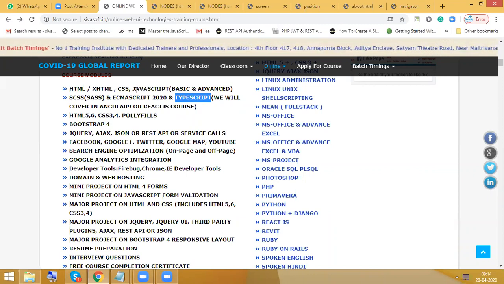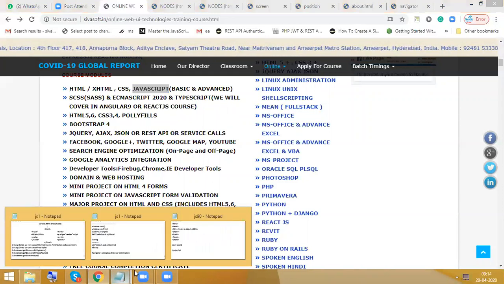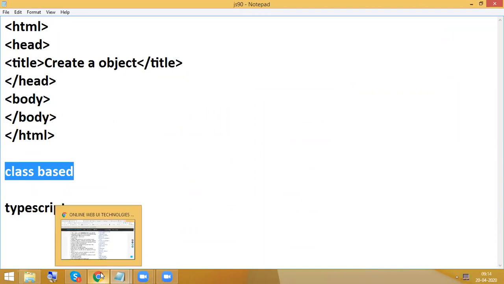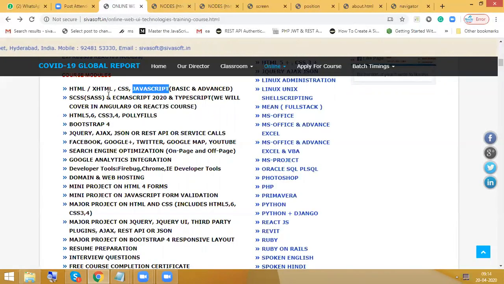But right now our target is only JavaScript. Based on this JavaScript, we don't have class-based object-oriented concepts. We just have regular JavaScript concepts, how to create an object, how to work with properties like that. Only those who joined for Angular 9 are going to get class-based concepts.